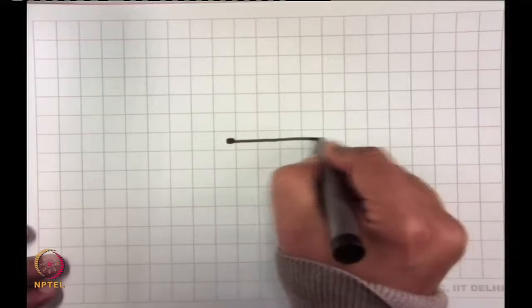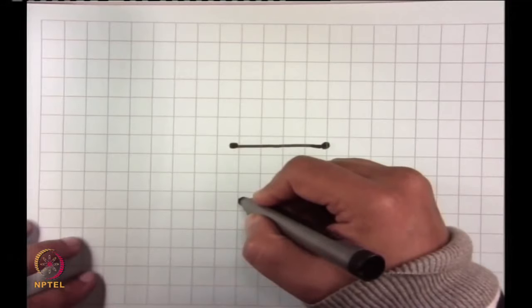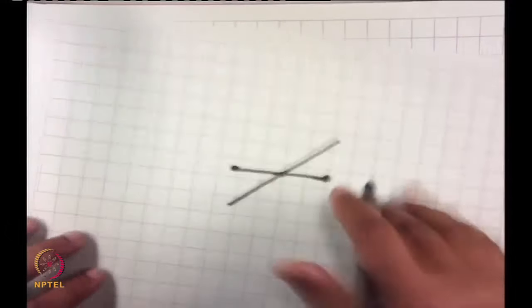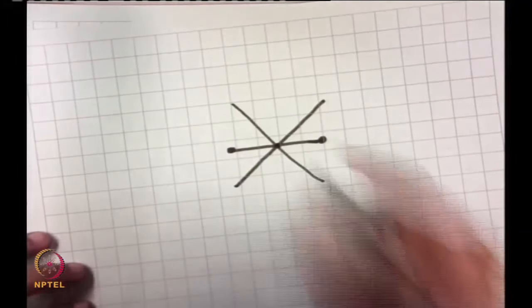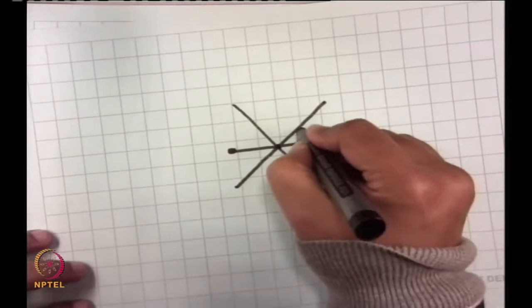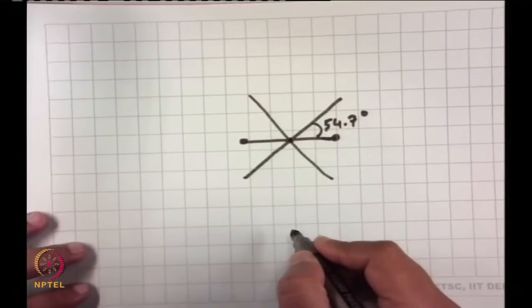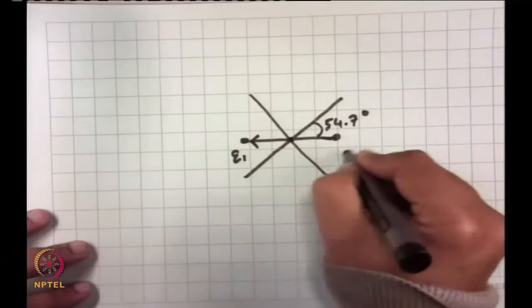So, then how does the potential picture look like? What I mean is, suppose I have a dipole like this, again let me start from the center of the page, and I am trying to find out regions where they are attractive and repulsive in terms of your V. So, let this be the center, and these are two lines I am drawing. Now, this angle is 54.7 degrees, and say this is your dipole, this is q1, this is minus q1.